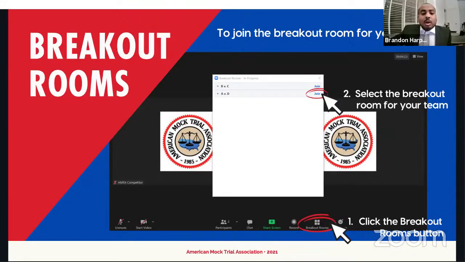We're going to name the breakout rooms for trials using the alphabet in all of the regionals. So some trials will be in courtroom A, some trials will be in courtroom B, and so on. And so once you get your pairing, you'll be able to see which courtroom you're in, find that courtroom in the breakout room. It will also be named with the team numbers of the teams competing, and then click join, and then you'll be in your breakout room.